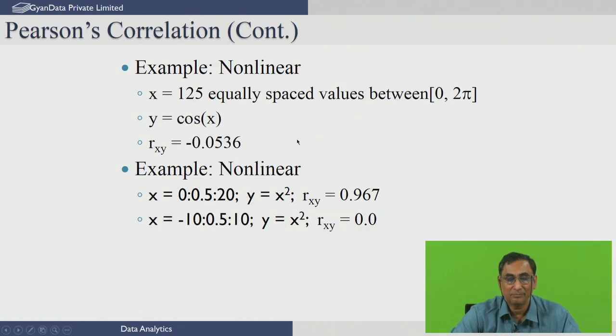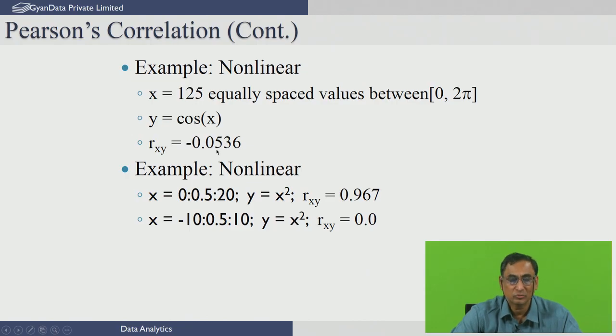Here are 3 examples. In the first example, I have taken 125 equally spaced values between 0 and 2 pi for x, and I have computed y as cos of x. So, there is a relationship between y and x, in this case a sinusoidal relationship. If we compute the Pearson correlation coefficient for this data set, we get a